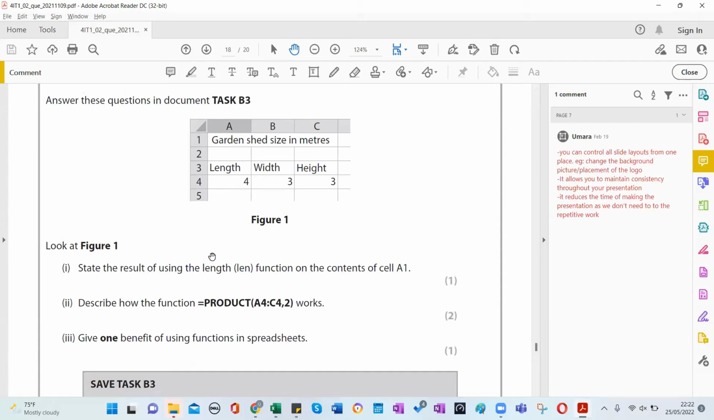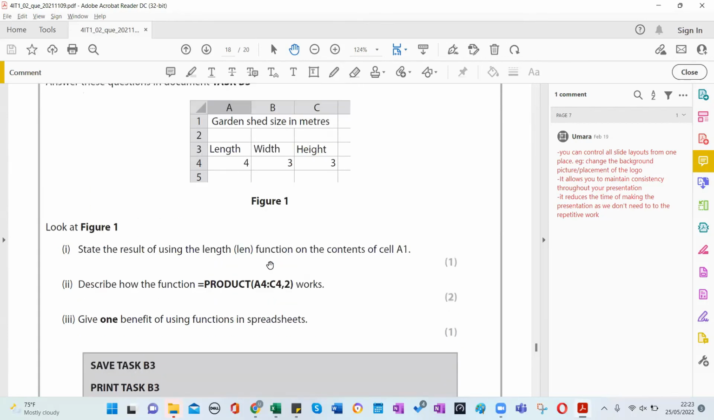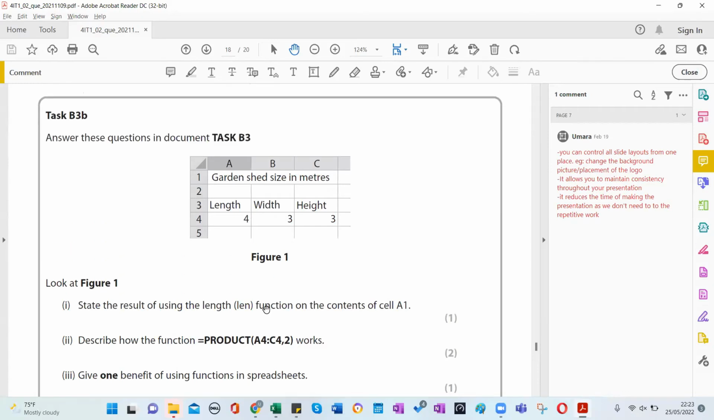Then they ask, state the result of using a length function on the contents of cell A1. Even if you don't know what length function is, or if you haven't tried it out, you know the meaning of length. If it is for a text, of course, length would be the number of characters it has. So basically, this will measure the number of characters in that